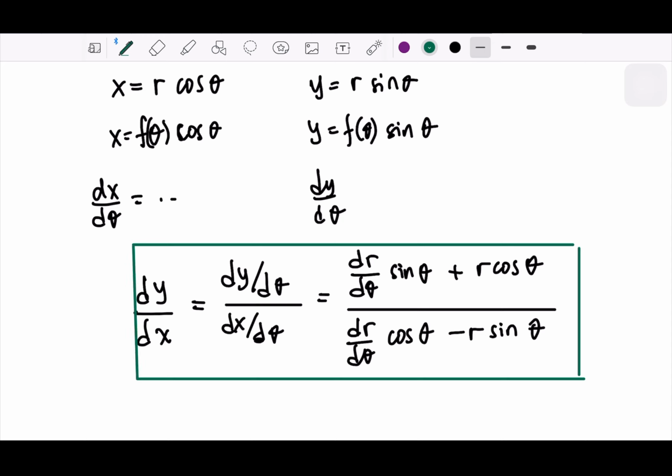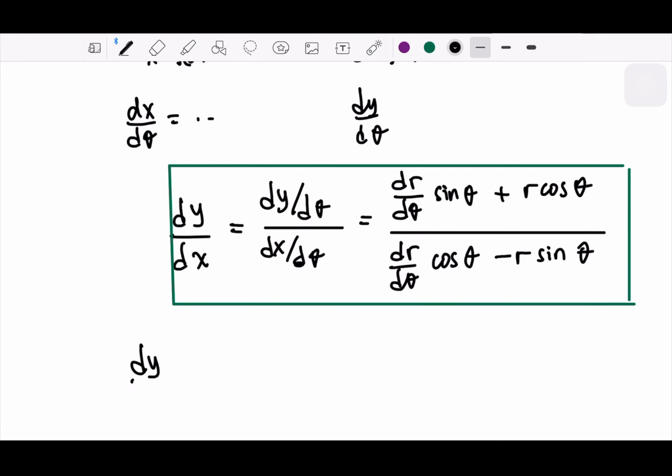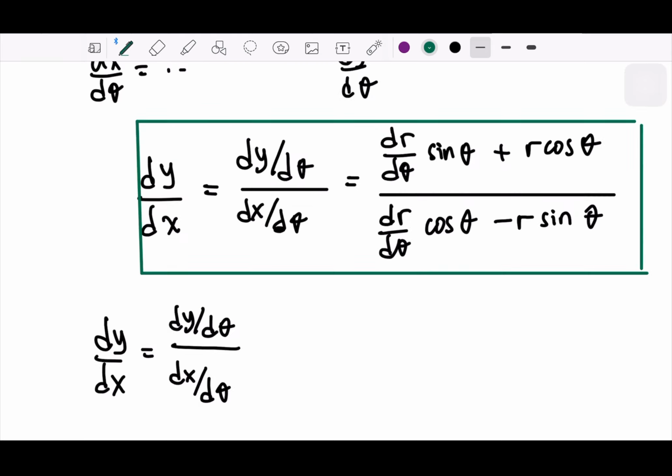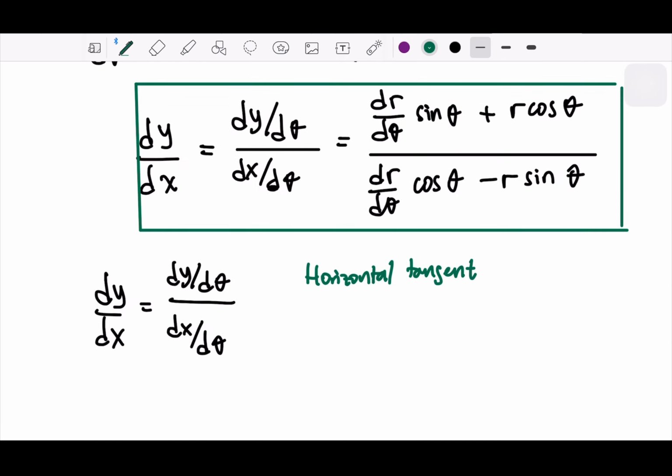And in the tangent, we can have the horizontal and the vertical, right? So we can also look at these terms. Let me just write one more here. So, horizontal tangent, this is when